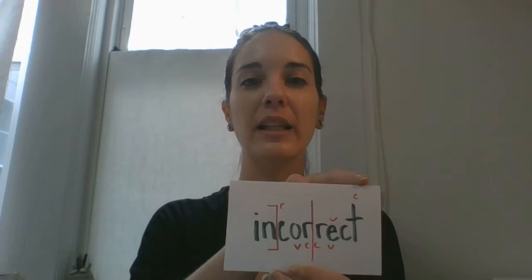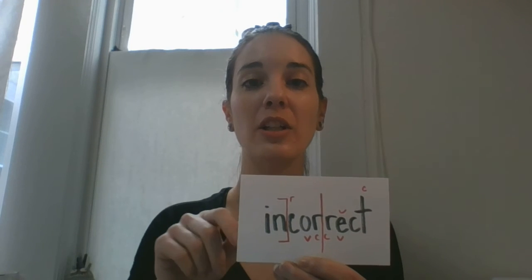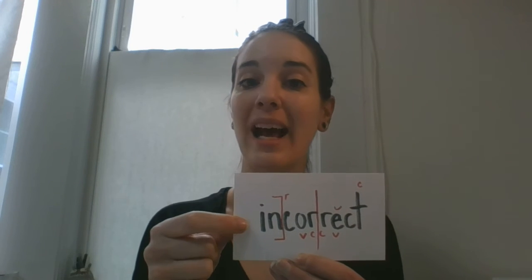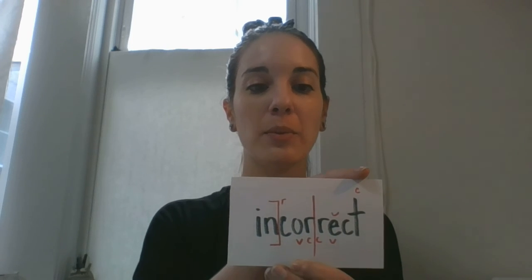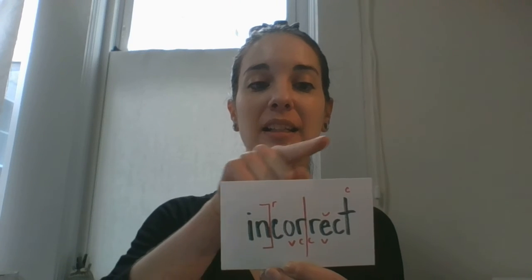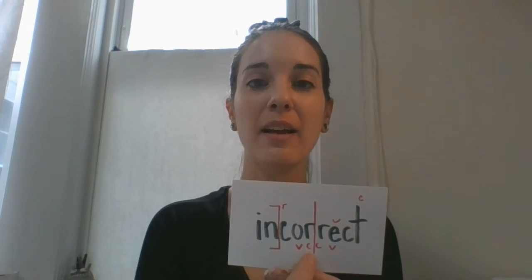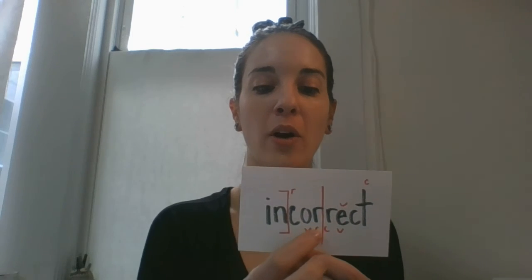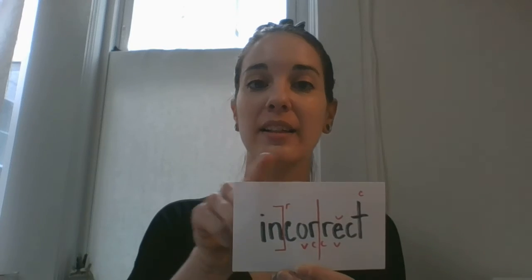Sometimes a long word like this can look really intimidating on a page, but if we know our prefix, we can start to decode it. You can make a bracket around that prefix that you recognize. So you know that it has the prefix in, which means not. And then you can code, divide, and label the rest of the word. Find and mark your vowels, divide between your syllables, decide the sounds that the vowels are going to say, dependent on if they have a consonant behind them, or if it's open, to make this long sound. So we can say in, cor, it has an R, so it's an R-controlled vowel, rect, incorrect,